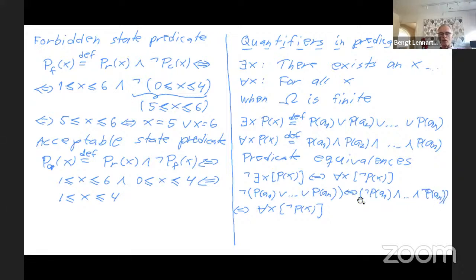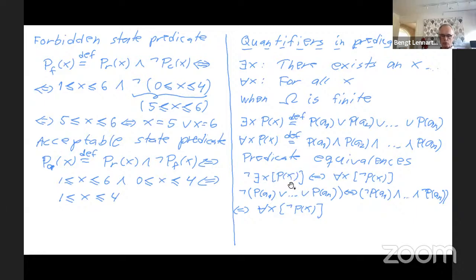And this can then be considered as, for all x, not P of x is true, is then equivalent to that there does not exist any x